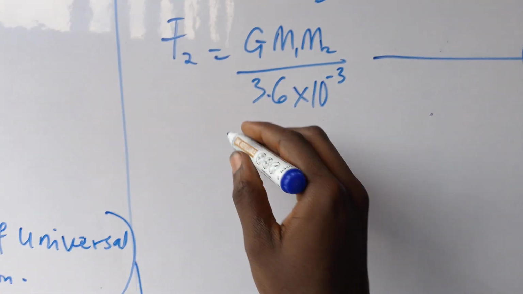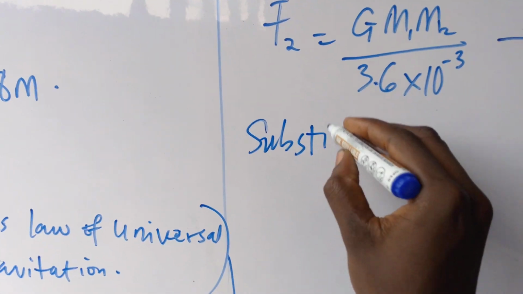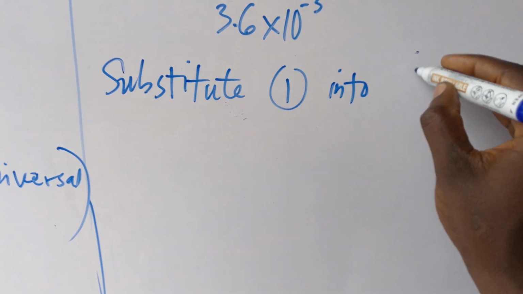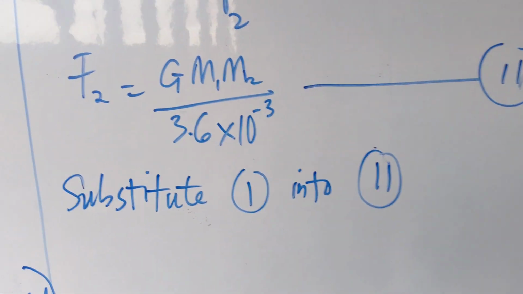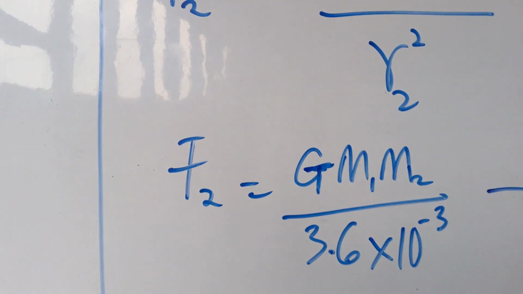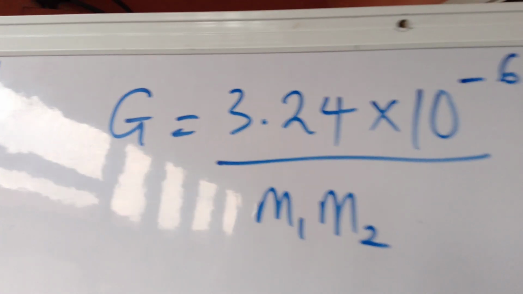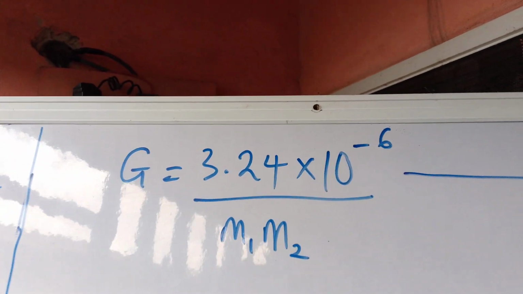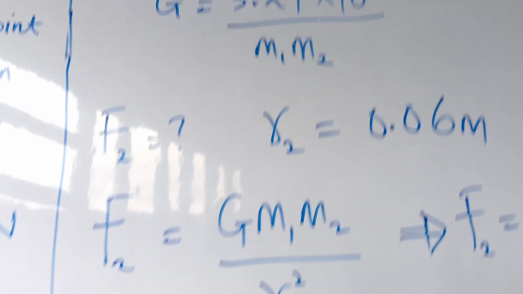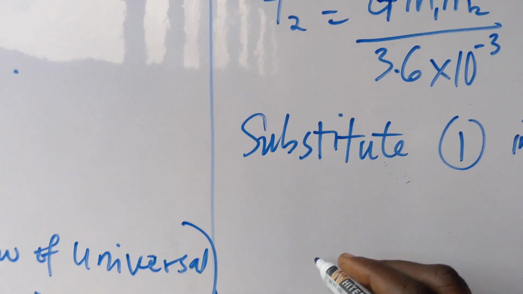Now it says substitute equation 1 into equation 2. So in place of this G, which is the gravitational constant, I'll be writing this 3.24 exponent minus 6 divided by M1 M2. Okay, so I'll now substitute it, and I'll have F2